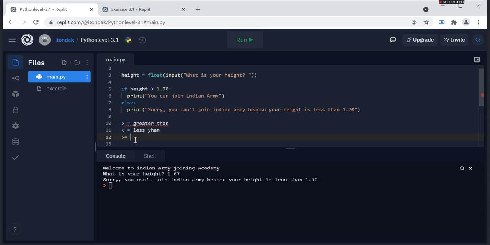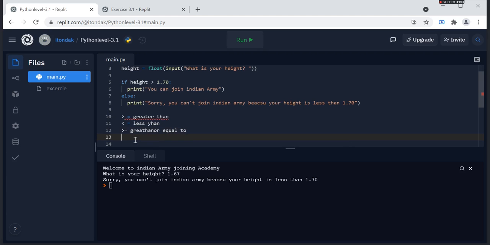This sign is greater than or equal to. This sign is less than or equal to.